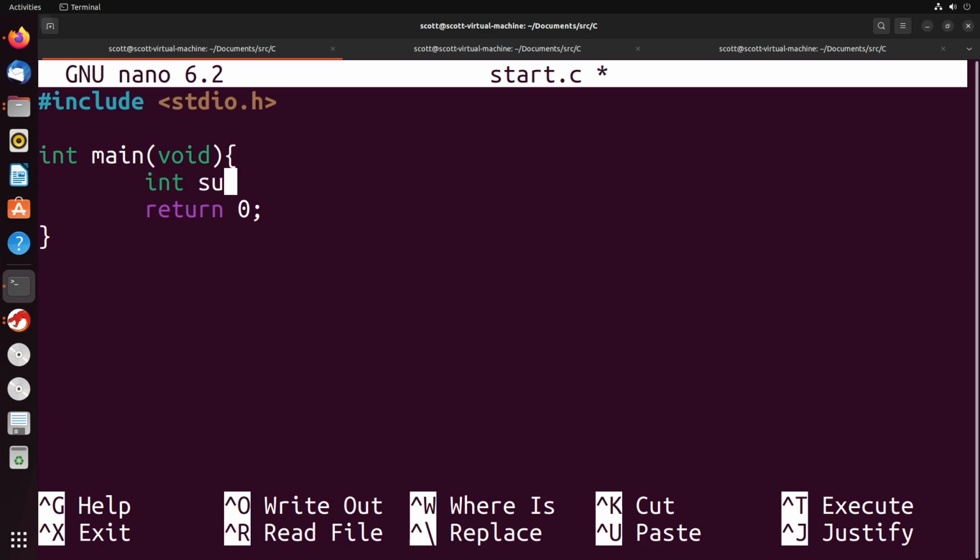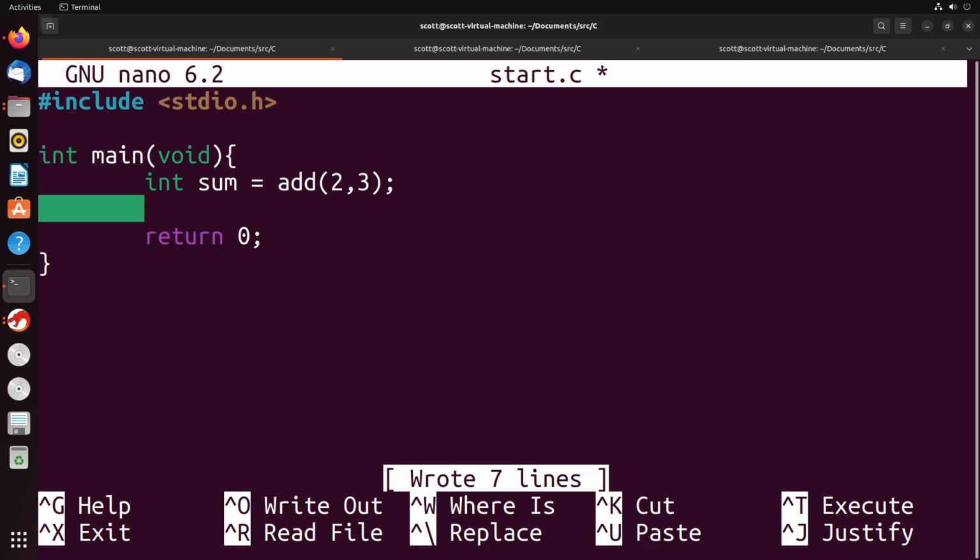Suppose I wanted to create a program that was able to take the sum of two numbers, and I'm just going to hard code them in for now just to keep things really simple. And then we want to print out that sum, right? So something along the lines of this. Now in this sort of situation, we of course would need to create the add function. But let's go ahead and make that in a different file